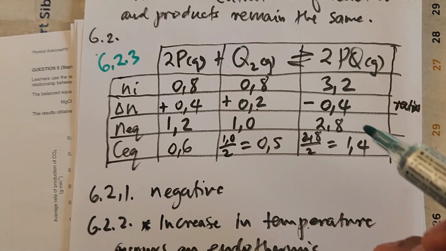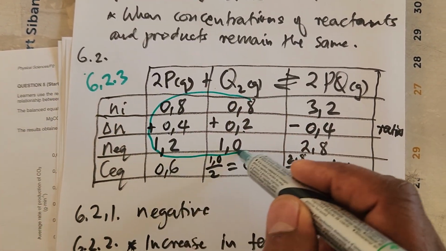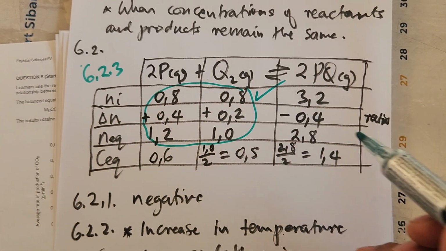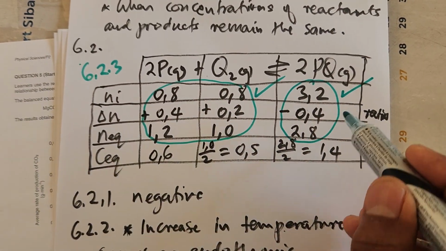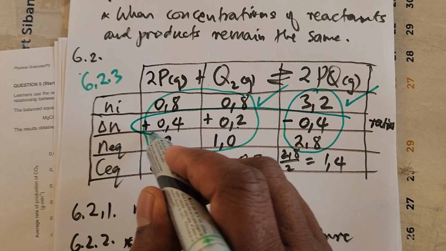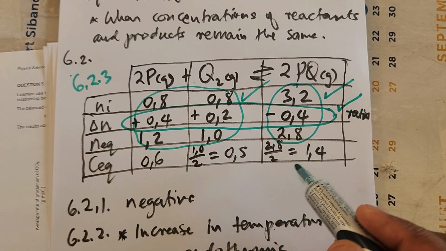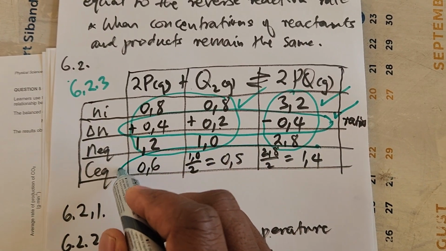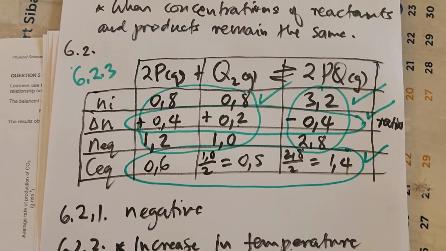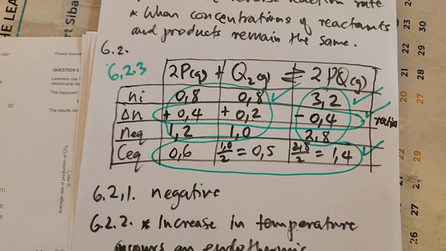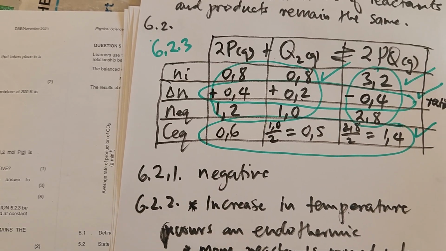Now, if a learner can make a change in both reactants, you get 1 mark. The change in the products, you get 1 mark, that's 2 marks. And if you can now apply the ratio correctly, you get 1 mark. If you can divide all equilibrium moles by the volume, you get another mark. So already we've got 4 out of 8 in this case. Then now let's go and